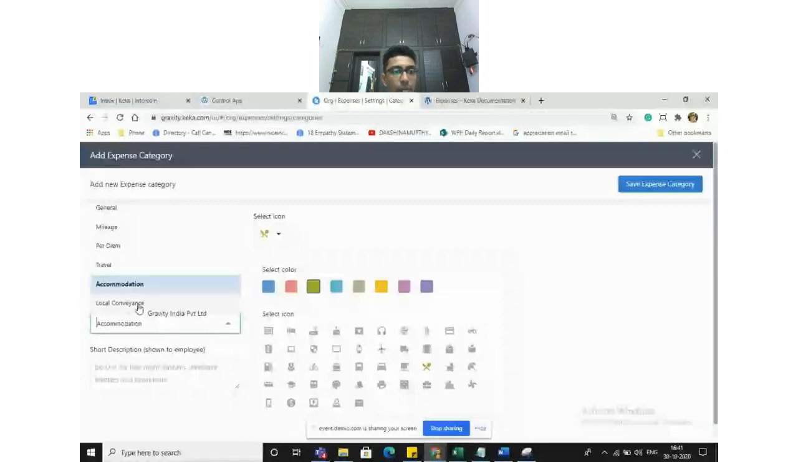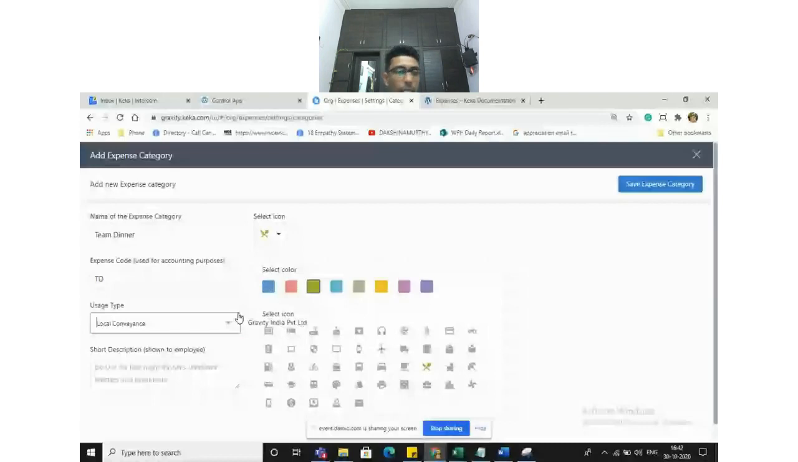Travels, again the same. Accommodation is used when you stay at hotels, motels, or the like. Local conveyance is within the city. If you travel, you can use this usage type and claim the reimbursement. Okay, if I say that it is general and save the expense category,